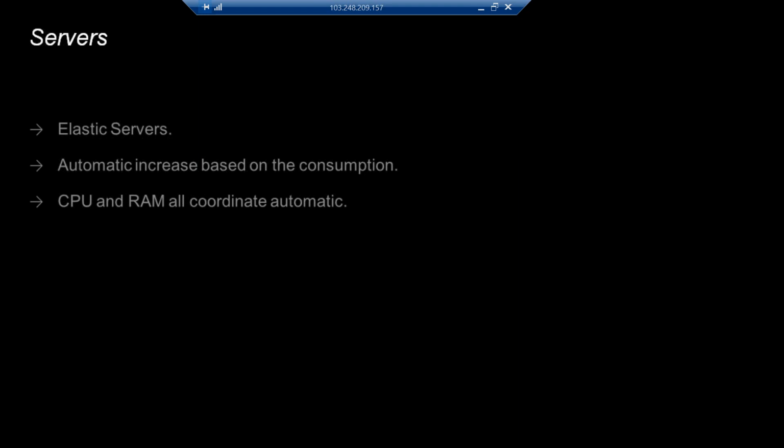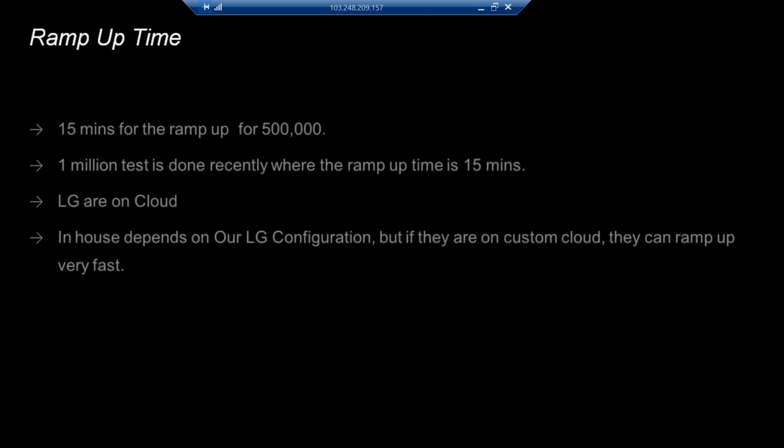So it automatically has the elasticity of AWS and Azure, and depending upon the consumption, it increases and decreases. Even the CPU and RAM are coordinated automatically. And one more wonderful thing is the ramp up time. Generally, we can't give the ramp up time